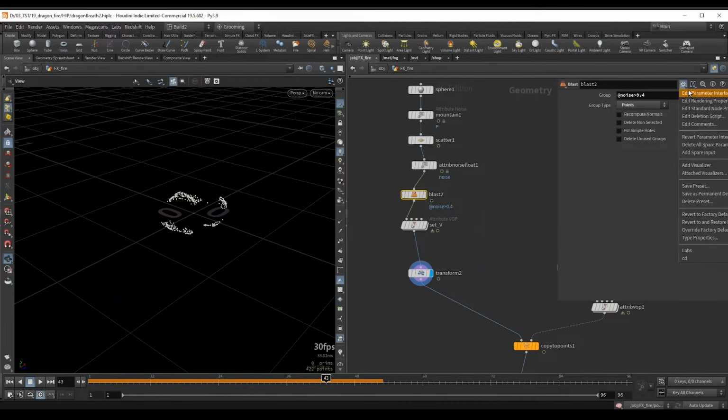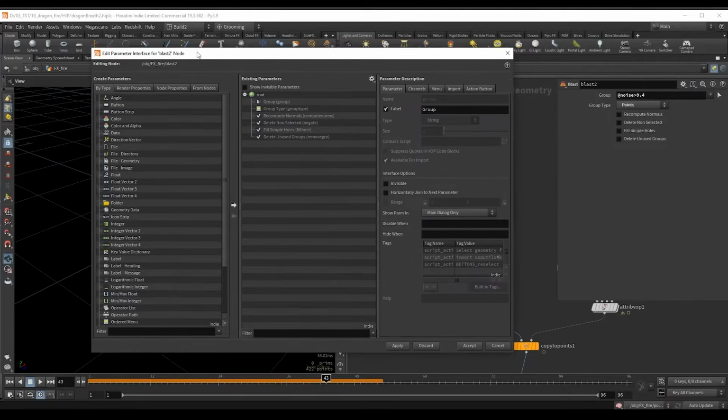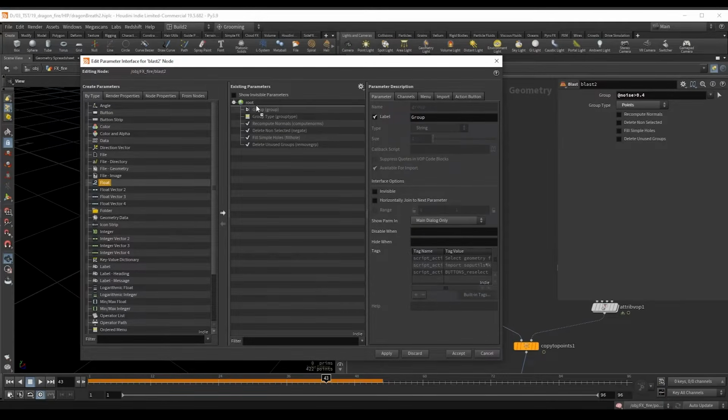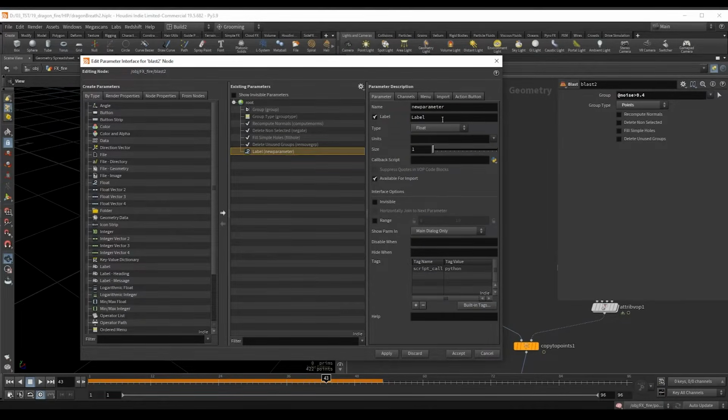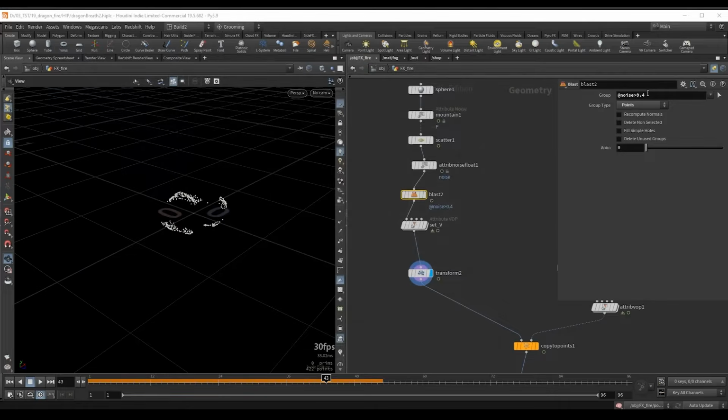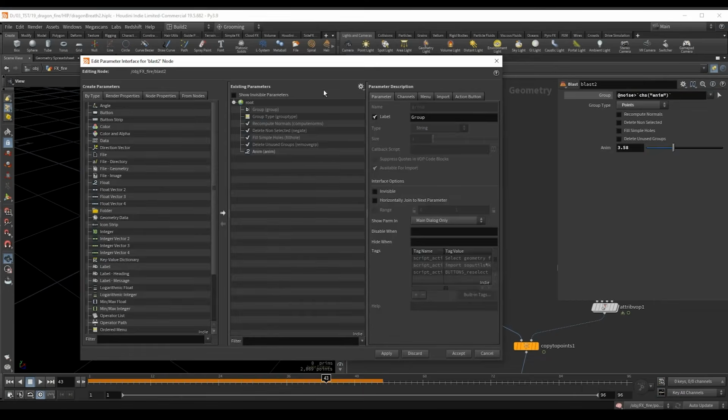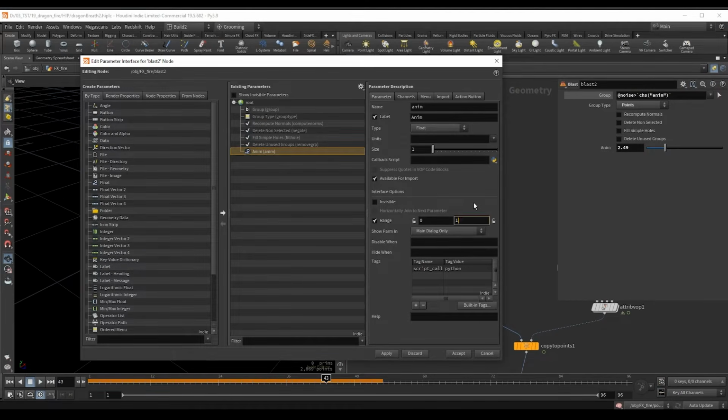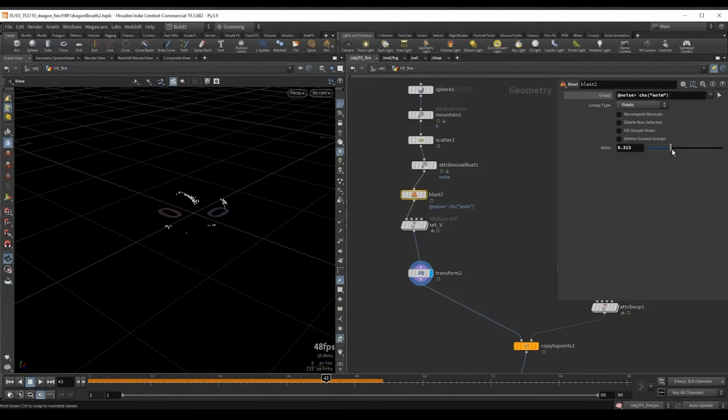The easiest way is to just add a float parameter here. So I will just drag a float value in my root and let's rename this label to anim, and also the parameter, let's set the name to anim. So we will control this value with this float instead. So let's copy parameter and let's get rid of this and paste relative references. And now I can increase or decrease this. And let's just go to the parameter interface and we'll set the range here. Let's use a value of 1 and hit apply and accept. So it's just a little bit easier to control.